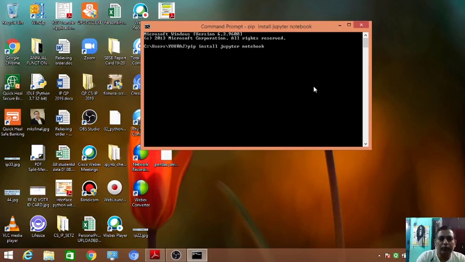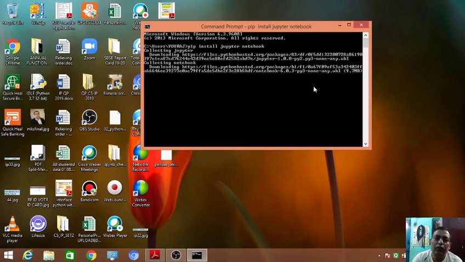Internet should be connected, so it will download from the internet as per your configuration of Python, because everybody is using a different Python, 3.7, 3.6, 3.4, so it will install as per this requirement.